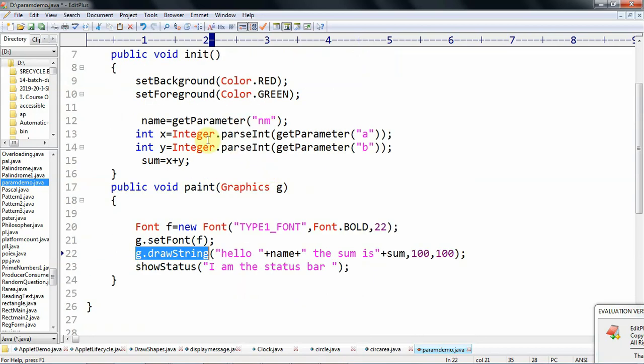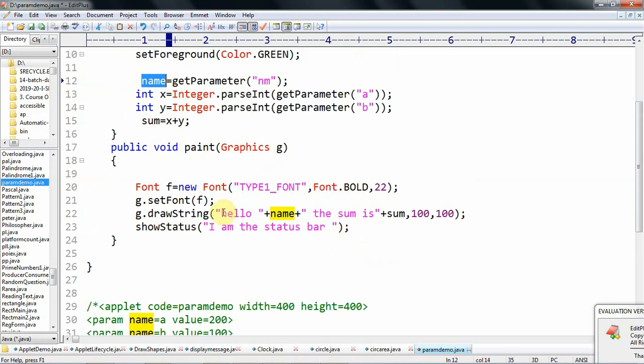This name is the value present in the variable name, in this example Sirisha: hello Sirisha. The sum is, what is the sum value? 200 plus 100, 300. This message printing starts at 100 pixels on the x-axis and 100 pixels on the y-axis.